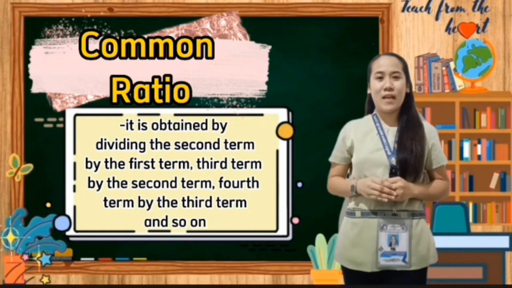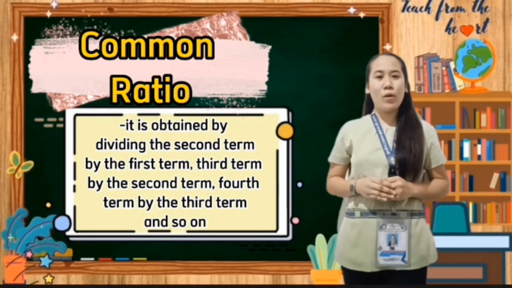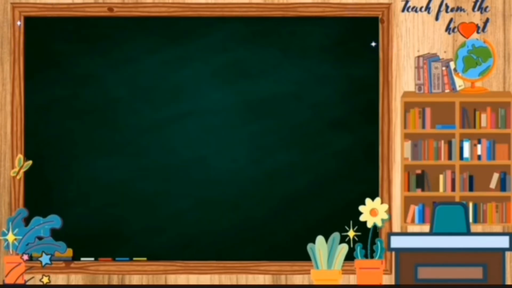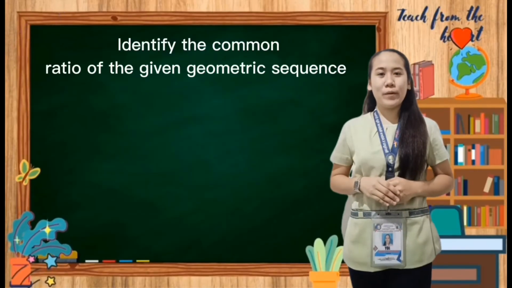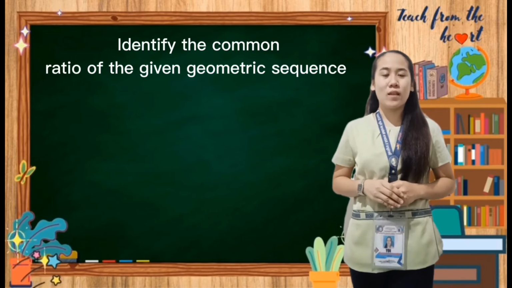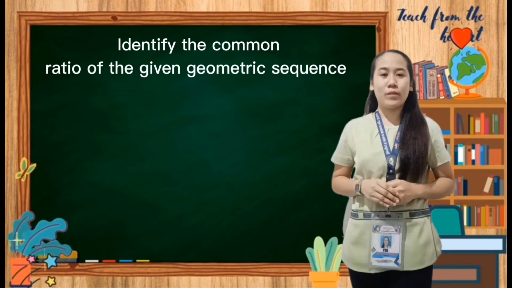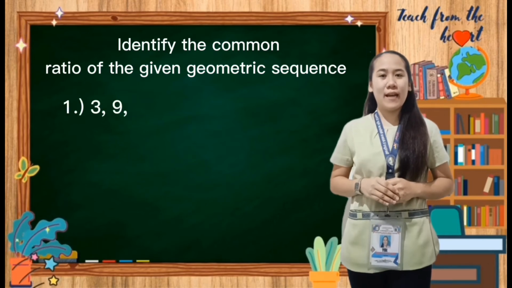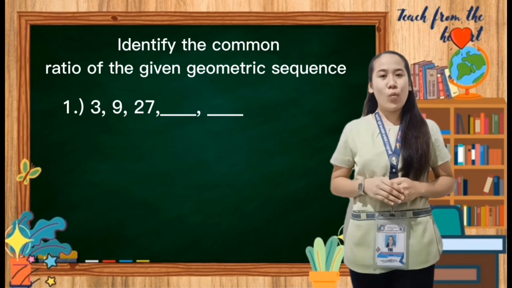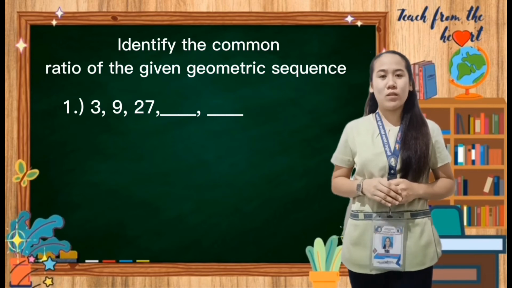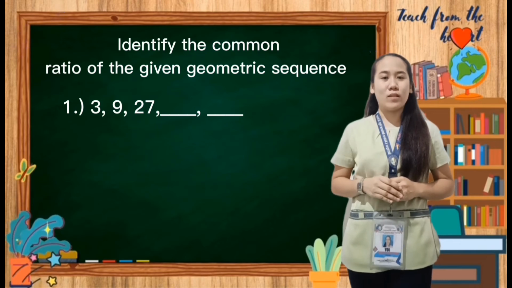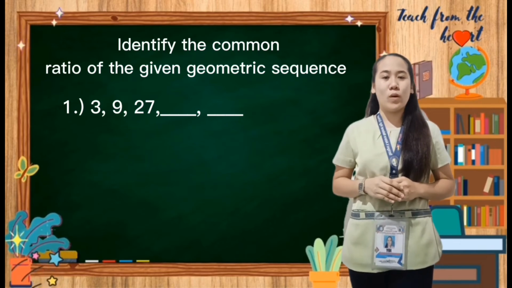So let's have an example of how to find the common ratio of a geometric sequence. Consider the first example. We have 3, 9, 27, blank, and blank. What are the next two terms? This sequence is an example of a geometric sequence. So how do we find the common ratio? So let us